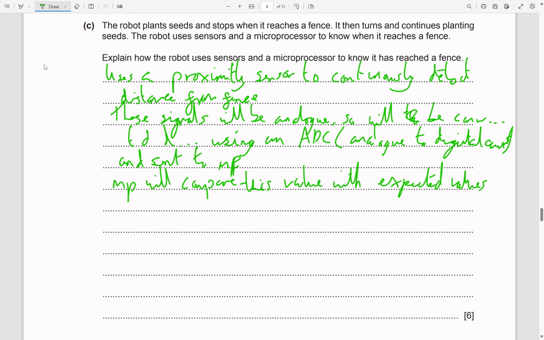Okay, it's going to stop and then turn around. So the microprocessor will compare this value with expected values, and if too close to fence,